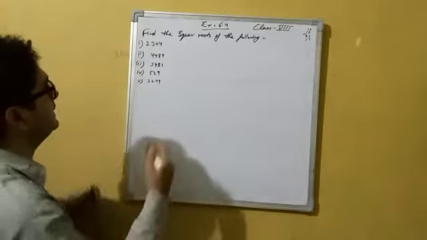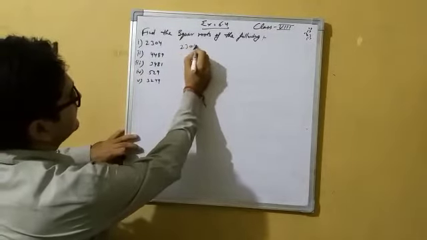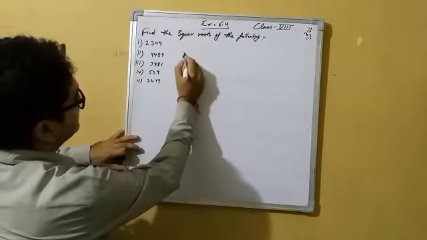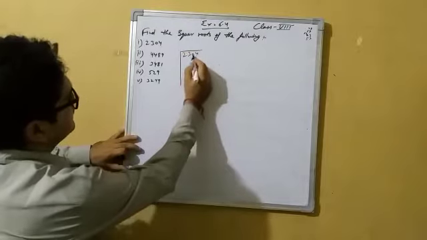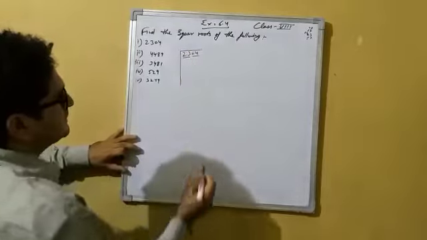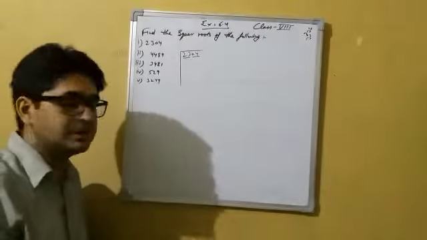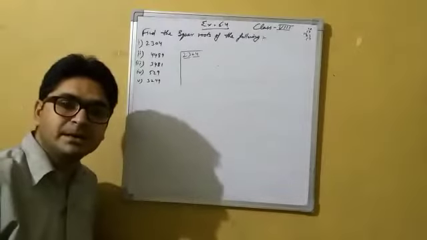So the first question we have is 2304. So how will you find out this one? I want to tell you how you can solve that. 2304, the first question we have, and make a pair. I told you in the beginning also that you have to make pairs, and we need to take the equal numbers. Now here the pair is 23.